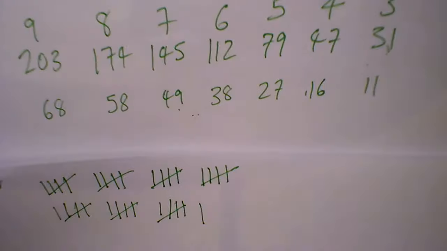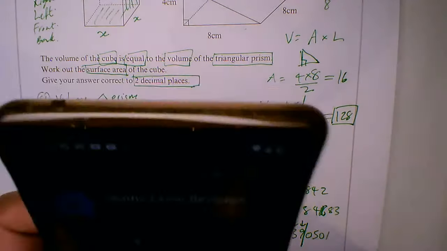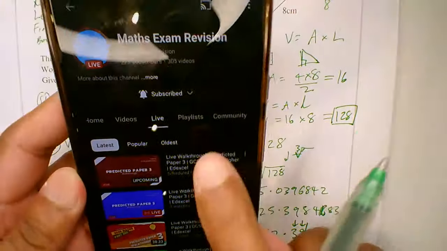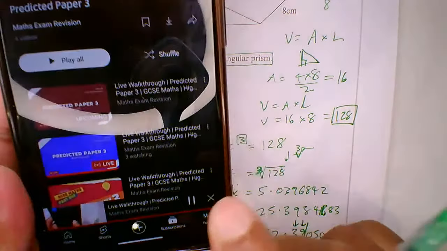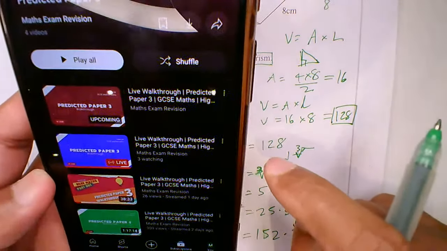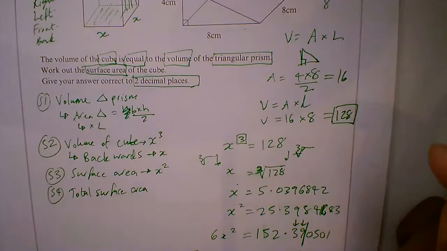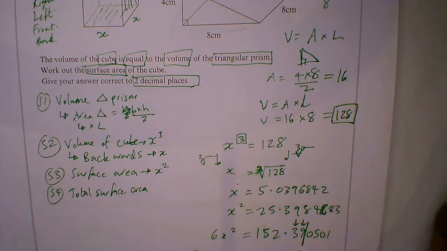Okay, and we are going to pause here. I'm going to show you some of the other things that I have. I've got some other practice papers, and if you're still here, just to show you on the channel, I've made a playlist, and on the predicted paper 3 are all the predicted paper videos that I have done. So this will obviously increase as we do these extra sessions. So I'll do another session tomorrow, maybe even 2 sessions. So I'll try and do as many as I can so that you've got lots of practice until your exam